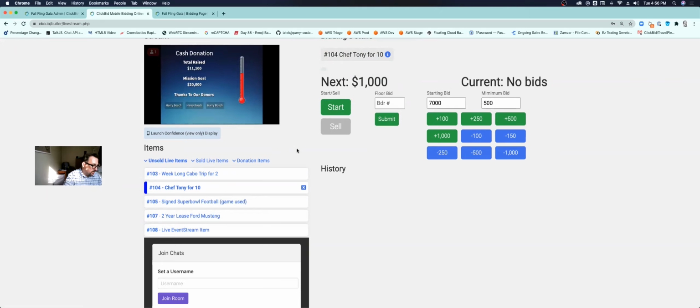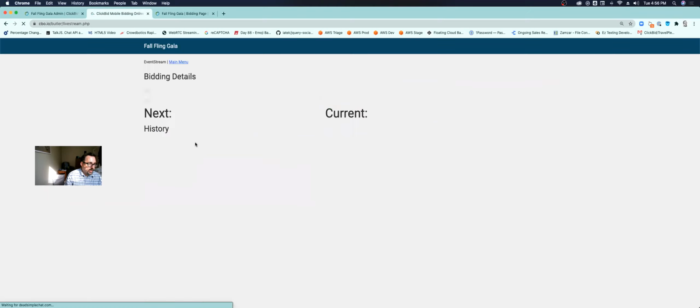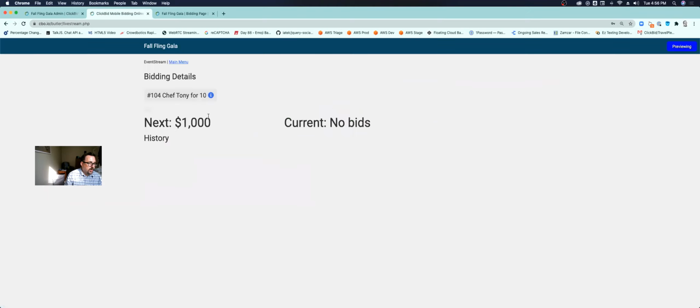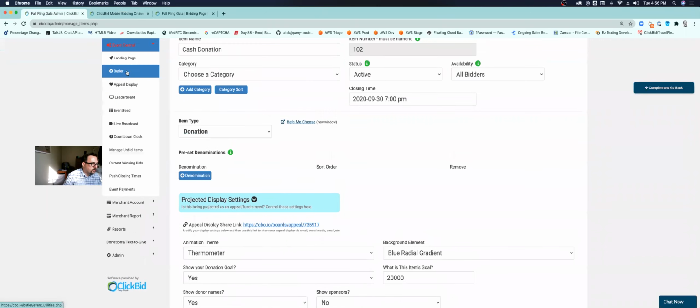In the video world, they call that a confidence monitor. You set that on the ground, usually next to the podium, and the auctioneer or the speaker can look down and see what's going on. So we give you one that you can load on a phone, a tablet, or another laptop, and it's view only. They can't click anything, but if you click on this, it takes you to the page and shows you everything that's happening. So if this is on my phone, let me come back here and I'm going to go to,